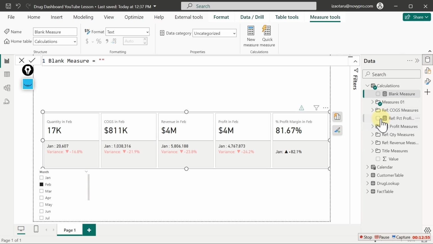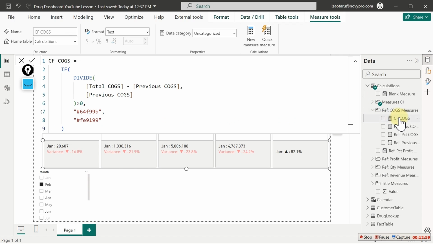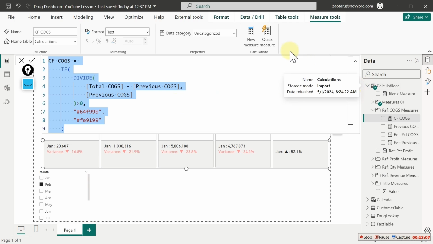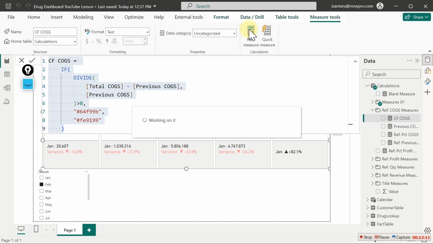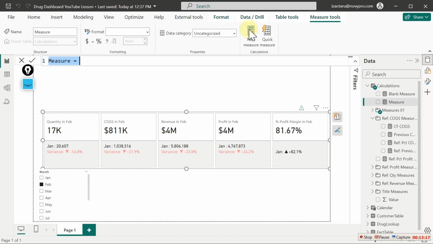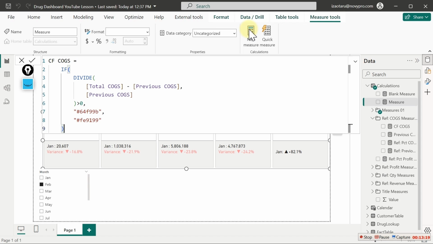So remember, we don't have to do this from scratch again. We already have this right here, so we can use it. I'm going to go ahead and Ctrl+C the copy. And what I will do is come and create a new measure. So I paste this in here. So to do this now, if I go ahead and take this off,